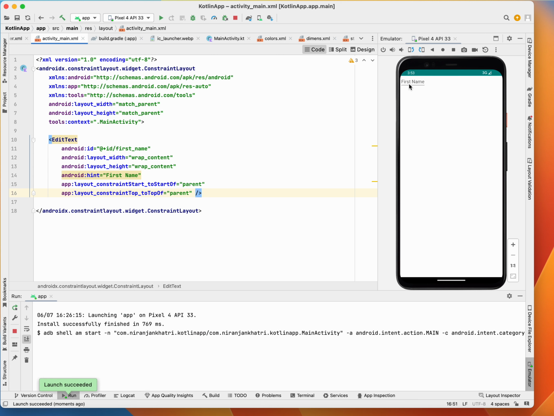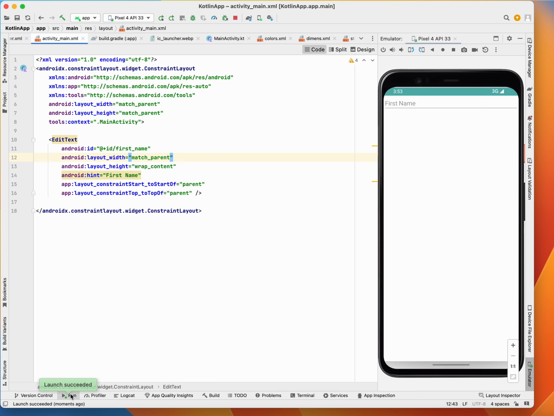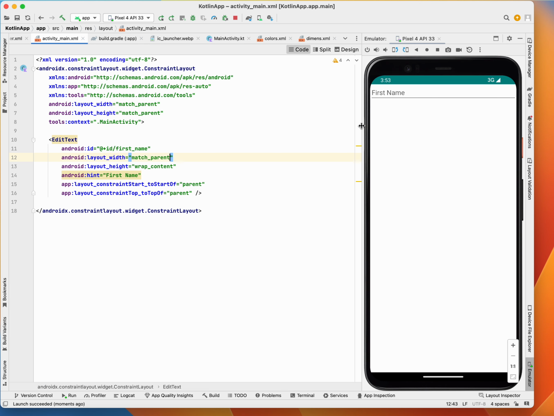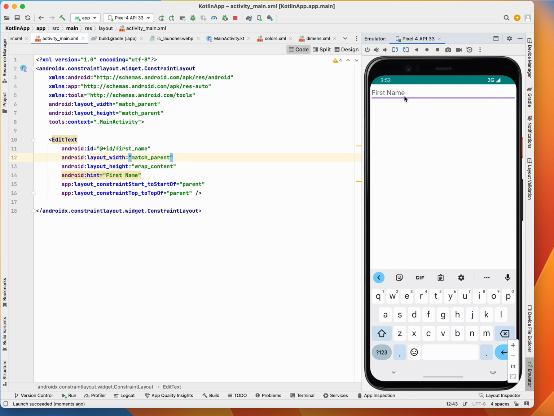Let me make it transparent. Yes, your edit text looks like this. It is a very simple edit text where you can edit your text and write your first name. It's pretty simple, and although this is perfectly fine for adding or editing text,